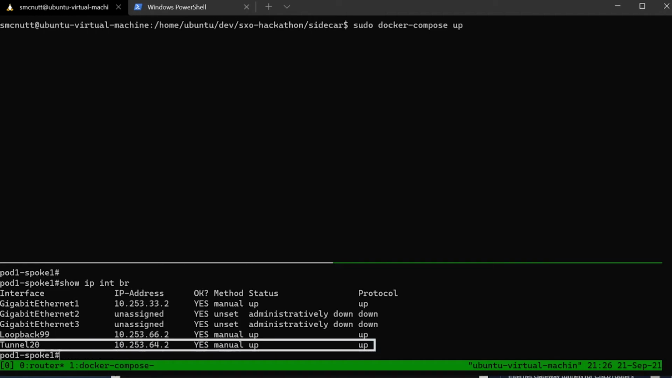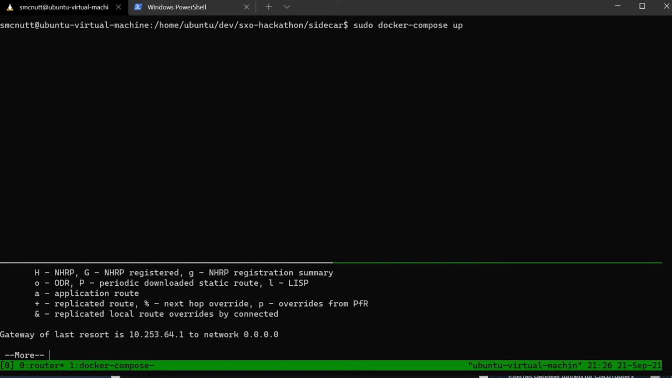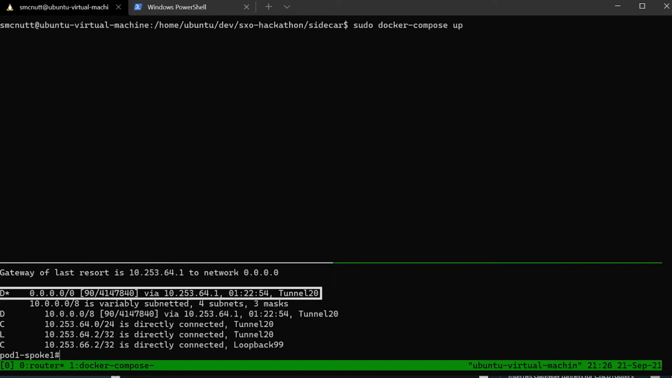So right now it has tunnel 20, which is the existing tunnel back to the data center. So we're going to add a tunnel as part of this workflow. So let's take a look at the routing table. We can see we have a default route that points to that tunnel that goes back to the data center. So now that we've verified that our router is in an unconfigured state,